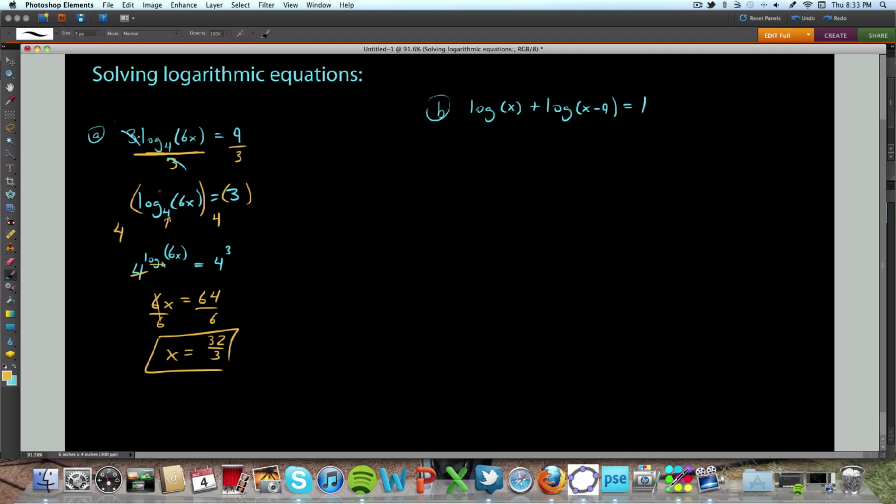Now, letter B over here actually uses a property of logarithms that basically denotes the sum of two logs with the same base. Now, I want to point this out. These are both the common logs, so we didn't write a base there, but we just automatically assume these are 10. So since I have two logs with base 10, and I'm adding those, we can rewrite this as the